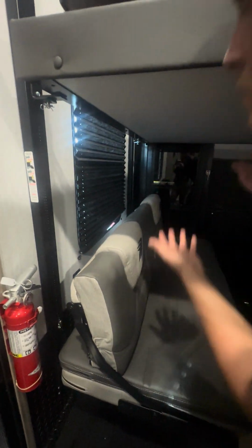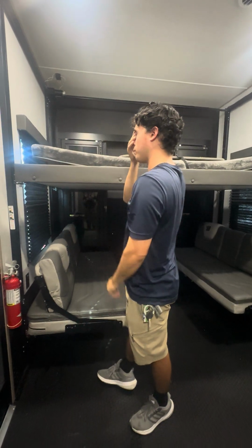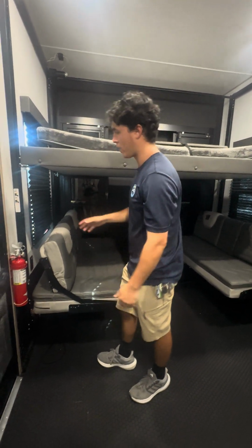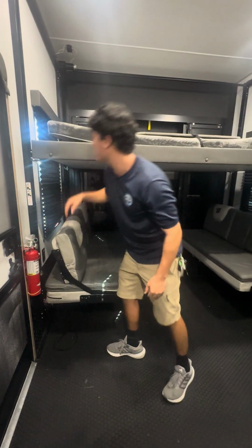The chairs raise up, push on the bed, and the bed will go up all the way until it touches the top, and then it'll lock itself in. And then you bring the chairs back down, which I'll show you how to do. And then to lock up the bunk, you'll leave this right here, flip it down, and it'll actually lock the bunk